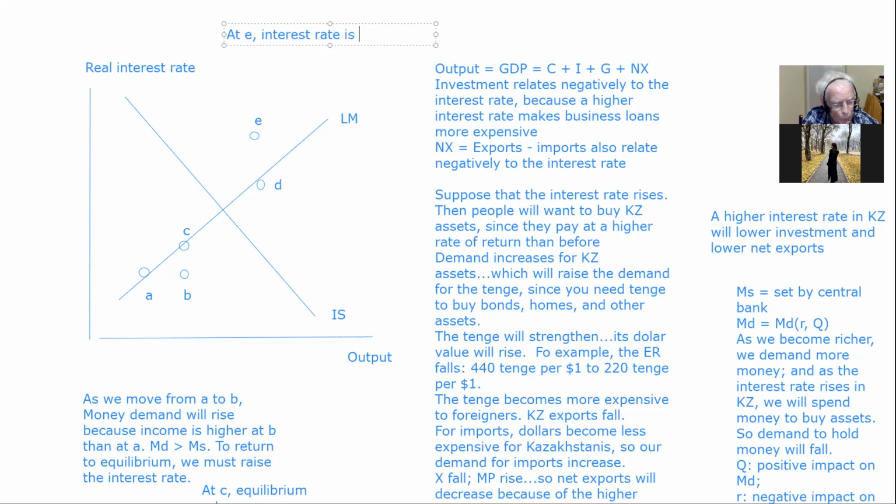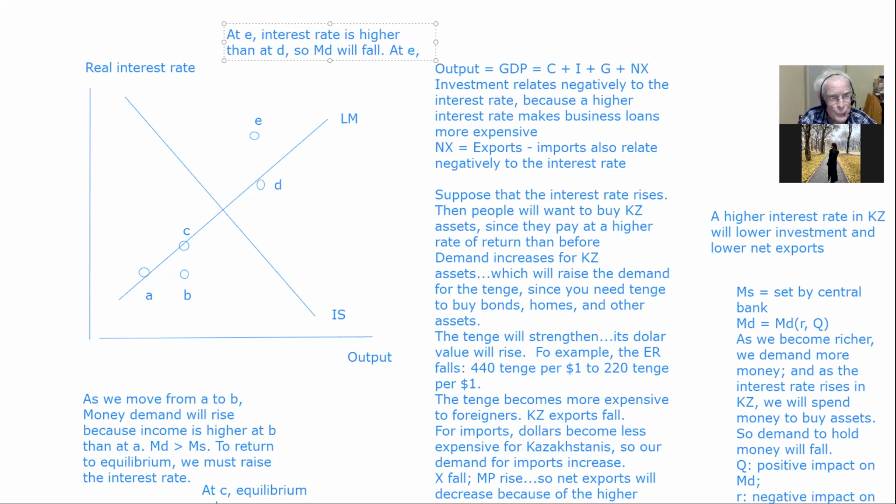Interest rate is higher, so money demand will decrease, yes. Since we don't want to hold as much money. But the money supply is the same, yes? Exactly, good. So now we have at E,